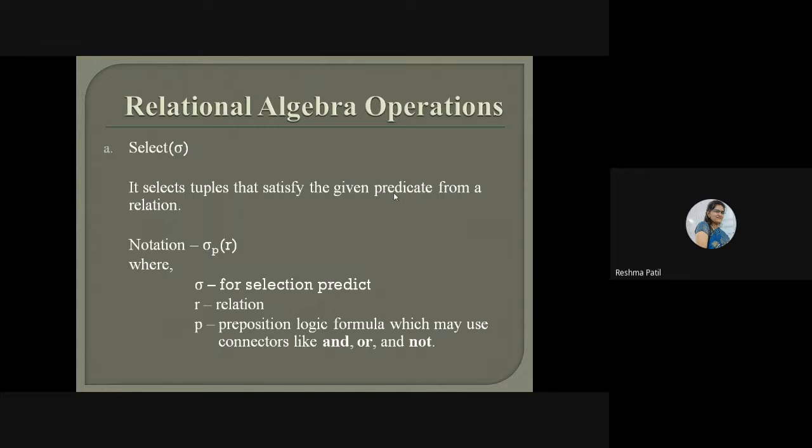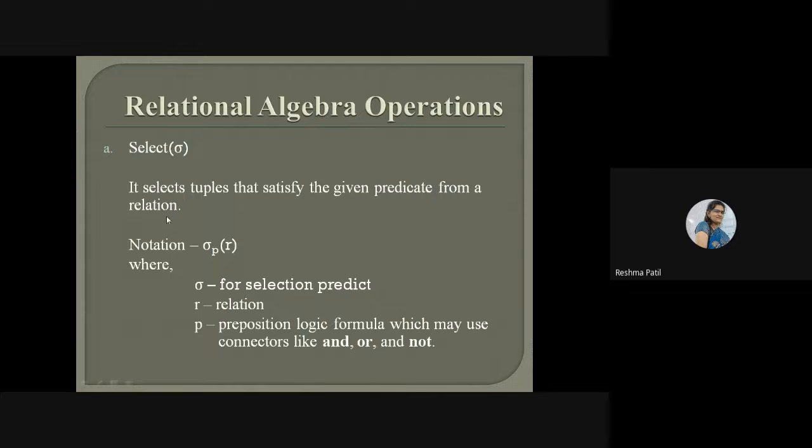What data we have to select from the particular table, that query you will write here in this predicate, or that rule you will write here. On the basis of that rule or logic we have to show output to the user. What we have to select, you will write here in this predicate, and from where you have to select that, from the relation, from the table.